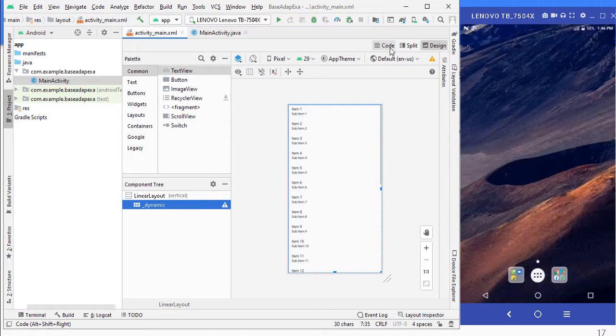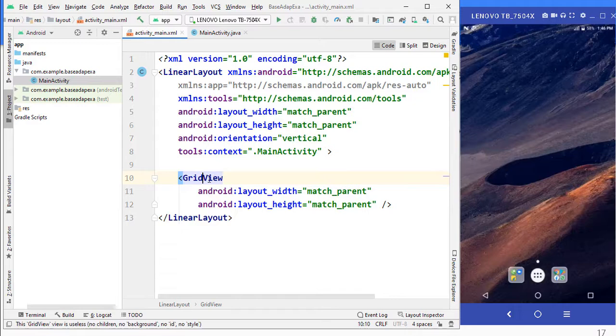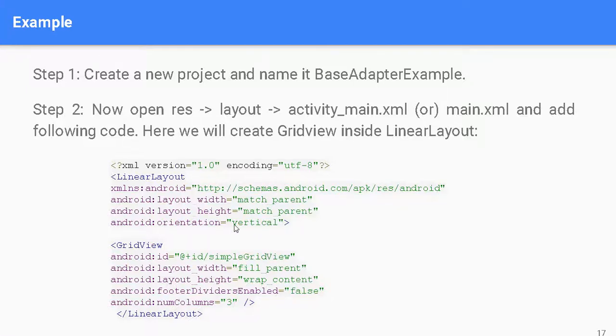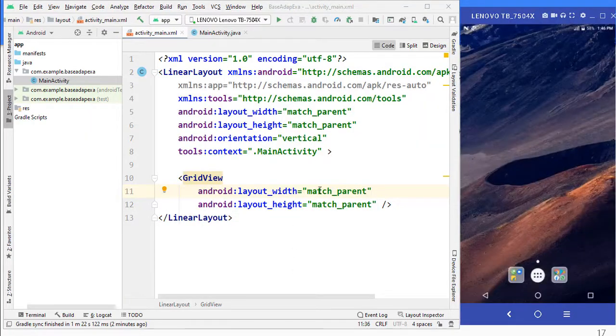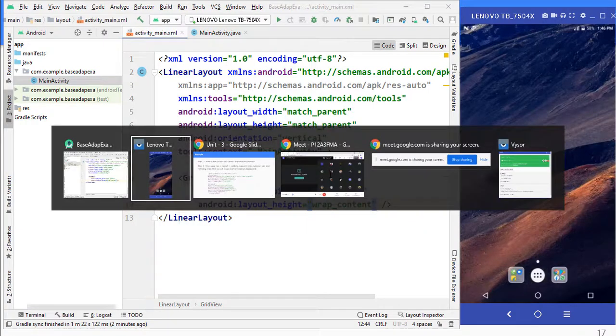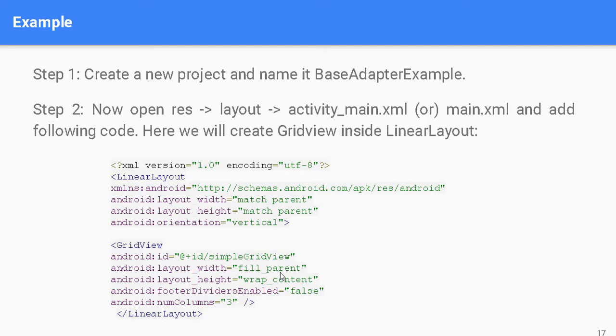Let me show you how the number of columns is displayed here. This is called grid view. So see here, that's a grid view. So there is a width property. As per my code, the width property needs fill parent and the height property needs wrap content. So let me change it. Fill parent or wrap content. So we need to change to wrap content. This is the exact code that I need to change here. See here, fill parent and wrap content.